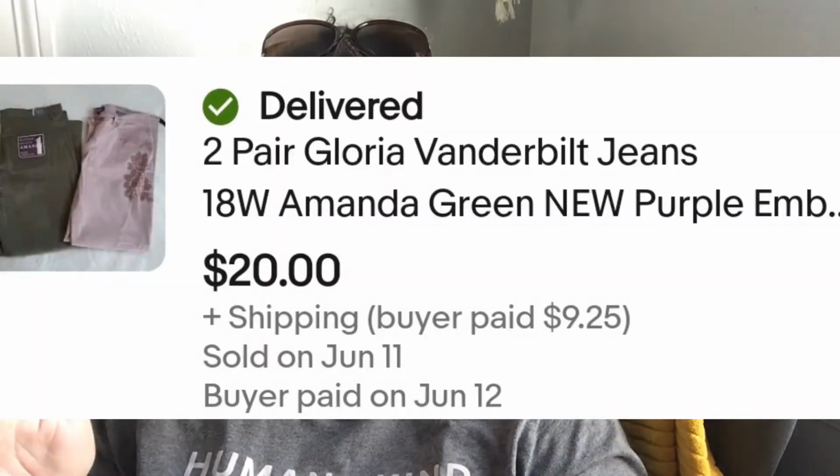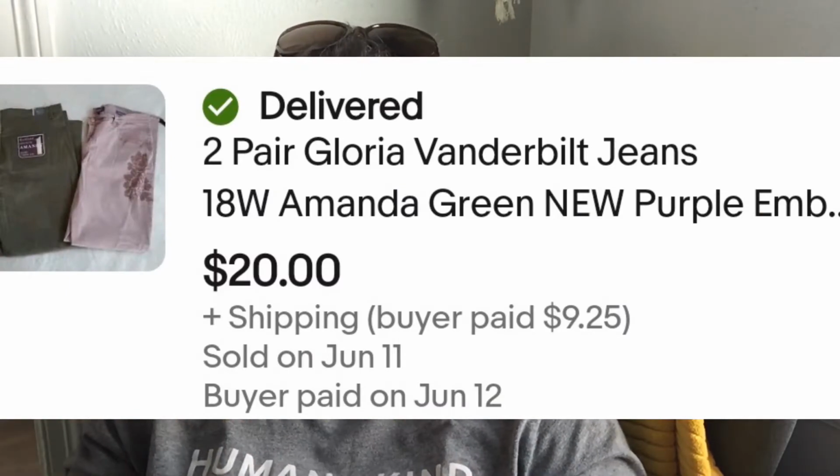Gloria Vanderbilt jeans. I found 2 pair of these at the bins, so my average cost of goods was $3.60 because I combined them, and they sold for $20. So $10 a piece, plus they paid priority shipping, so it probably paid $30. My profit is